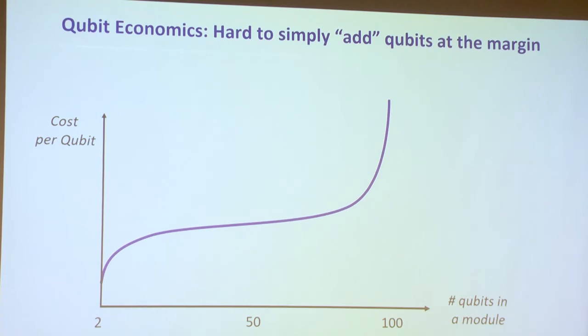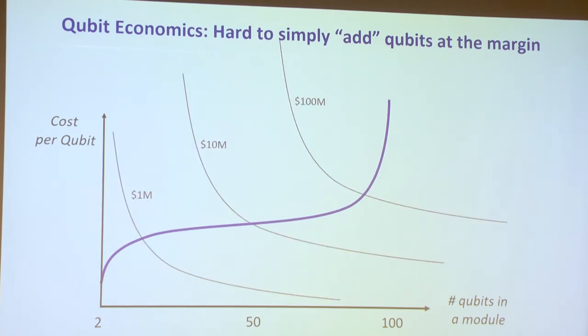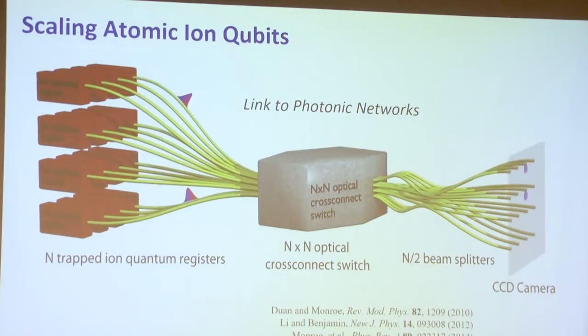If I plot lines of constant dollars, this is, again, 2 to the order of magnitude, maybe. You clearly are not going to spend more than 100 million here, right? Because you're not going to get many more qubits by doing it. The noise just gets too insane. So this sort of implies that you have a modular architecture. You have to have a modular architecture. It's not a theorem, but I think we're going to see that playing out in practice.